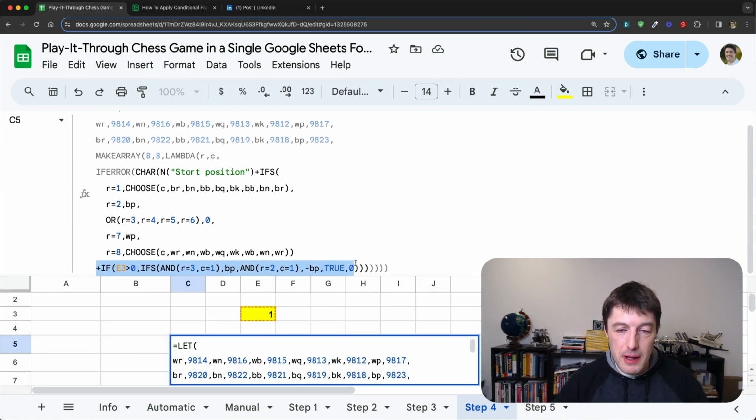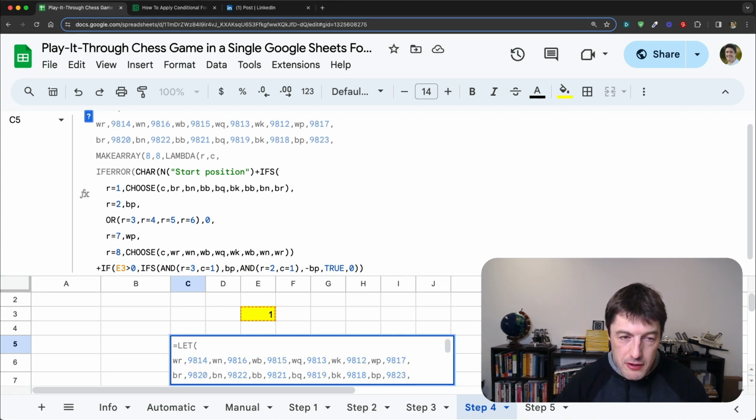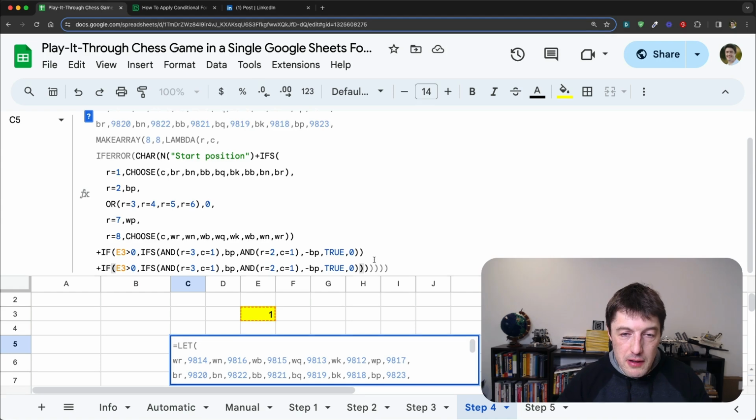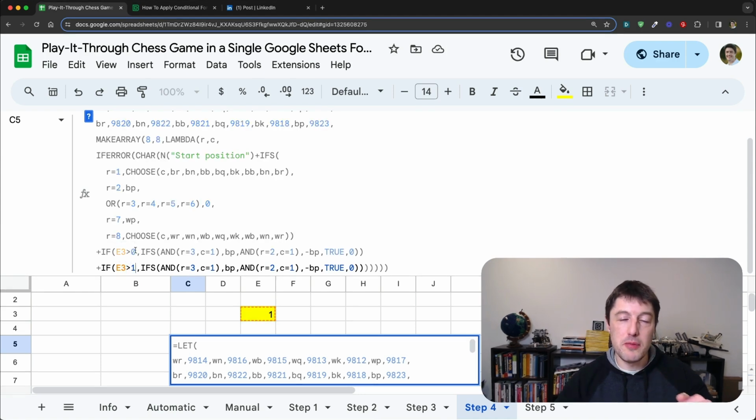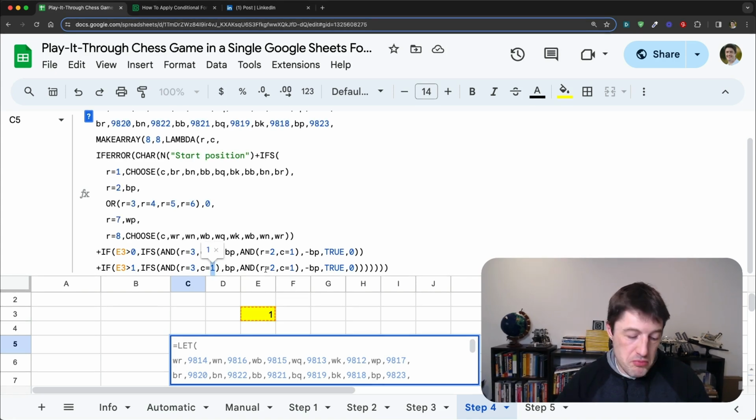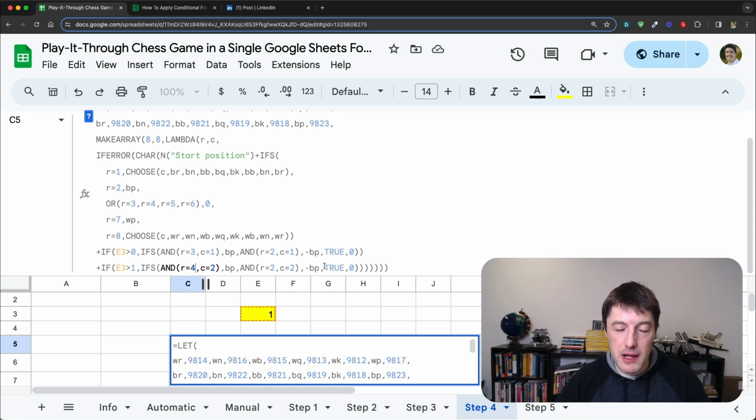Okay, so we could just replicate this now. So we want the 2 there. Yep, that's right. And we'll go Control Enter again, and we'll do another line, and this time we'll say E3 is greater than 1. So this first line is when it's greater than 0, that's move 1. When it's greater than 1, it becomes move 2. And this time we'll do row 3 again, but we'll do column 2, and let's move this one forward to row 4. So we'll just stick with the black pawns. I know we should be doing the white move first, but we've gone with black. That's okay. Let's hit enter